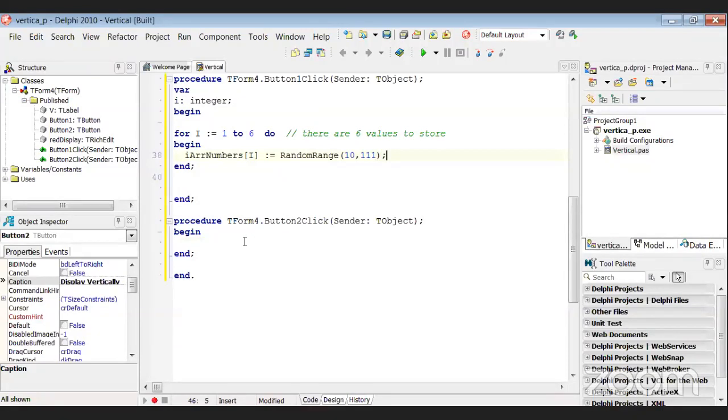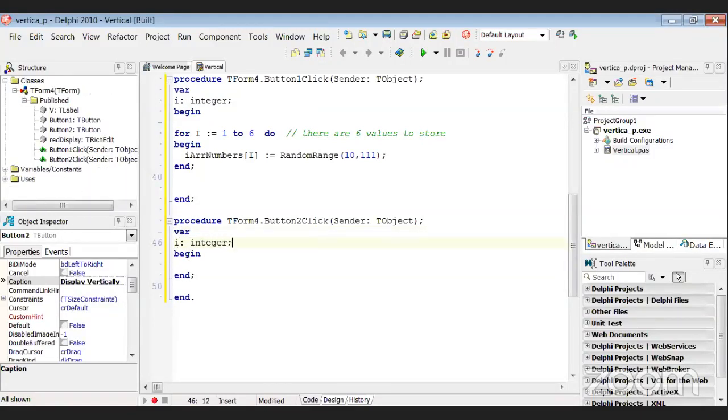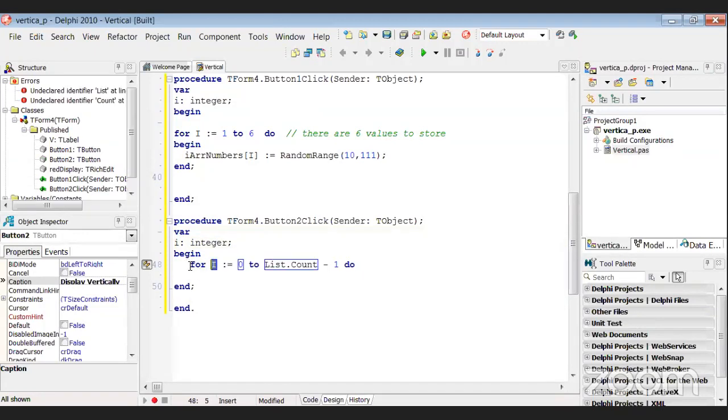So let's get back to our display, and you need to ask yourself, what am I doing? You'll say, I need to display the contents of the array vertically. Notice what I'm doing. I'm trying to build up the confidence to be able to answer this question. So you say, I need the contents from the array. Because I need the contents from the array, I need to have a for loop, because the for loop would automate the process. So I'll say for i is equal to 1 to 6,